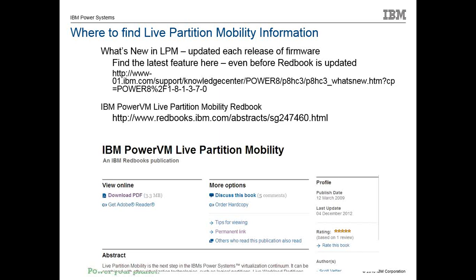There's also a Redbook, and this might be a little old screenshot of the Redbook page, but it's 400 or 500 pages of LPM. So we're going to try to condense some of that down and give you a Reader's Digest version today. This is just FYI for you. I'm going to go through some of these charts a little quickly so we can get to all the content, but you'll have the charts to go back and look at in the future.